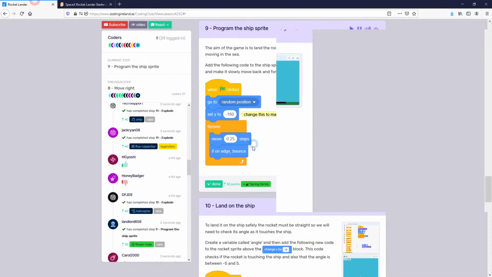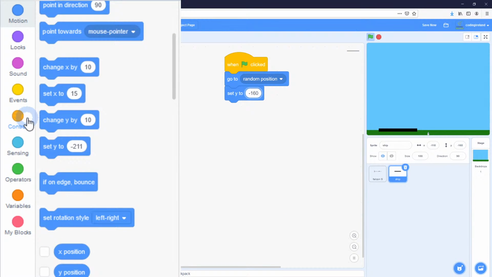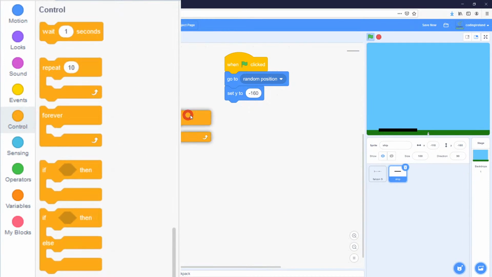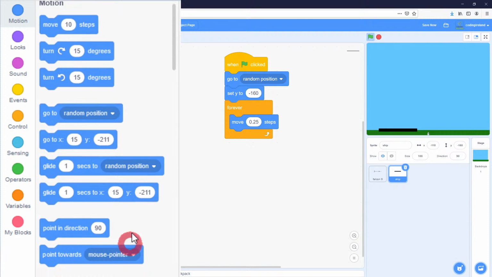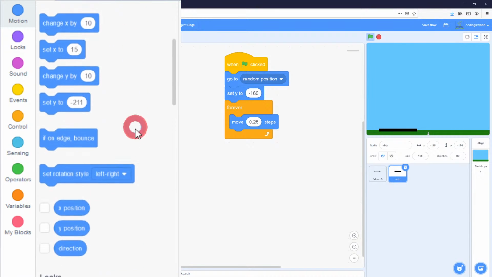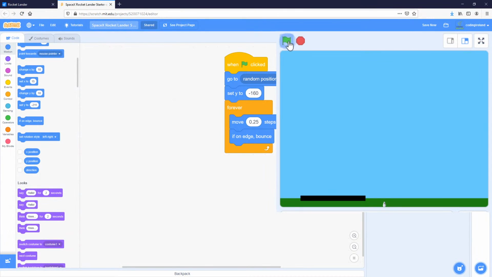Okay. And then what did we say? We said forever move 0.25 steps. So into the control toolbox for forever, and then back into motion. And we're going to say move, not 10 steps, but 0.25. And then still in the motion toolbox, we're going to use an if on edge bounce block and put that inside the forever as well. So now, when we run our code,